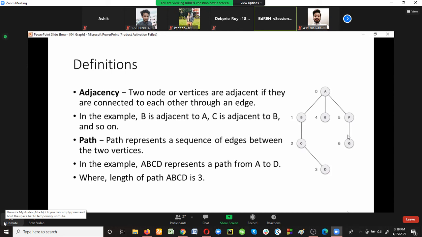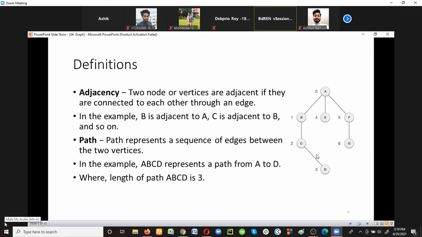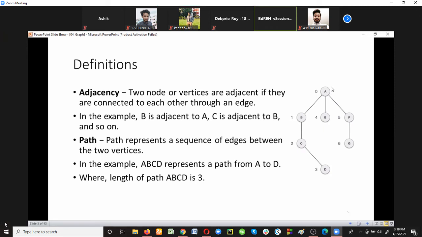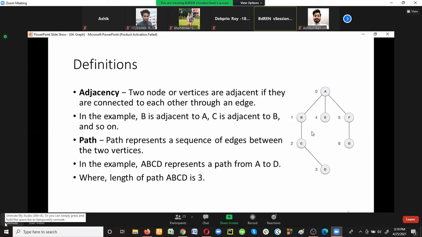Can you remember we discussed loops as well as cycles? In this graph, is there any cycle? No, ma'am. Why not? What is the definition of cycle? It begins and ends at the same place. Yes, very good. That means the starting node and the end node are the same, but between that starting node and end node, there should be some other